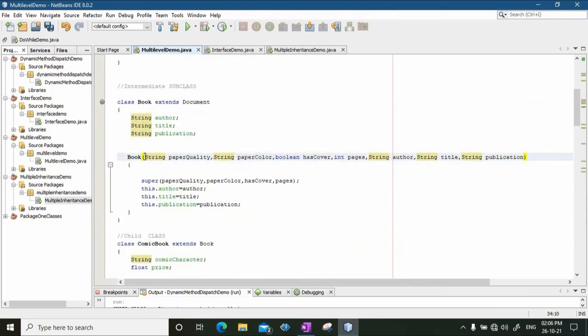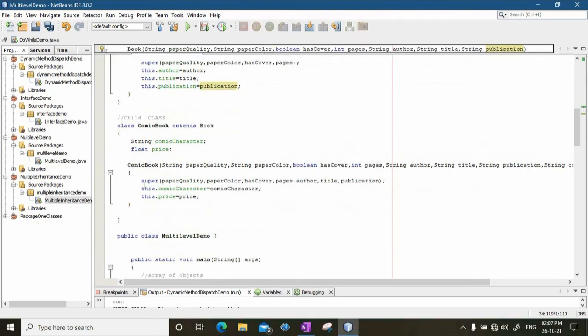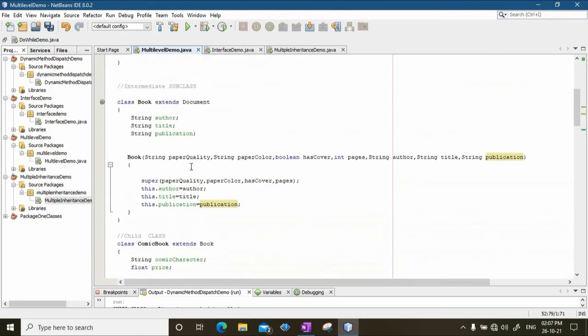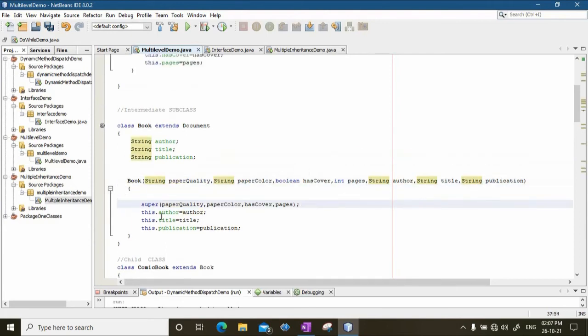Okay. So, the first 7 parameters that are passed from this constructor will be copied into these variables 1, 2, 3, 4, 5, 6, 7. Then again in the definition of this particular constructor, there is a line.